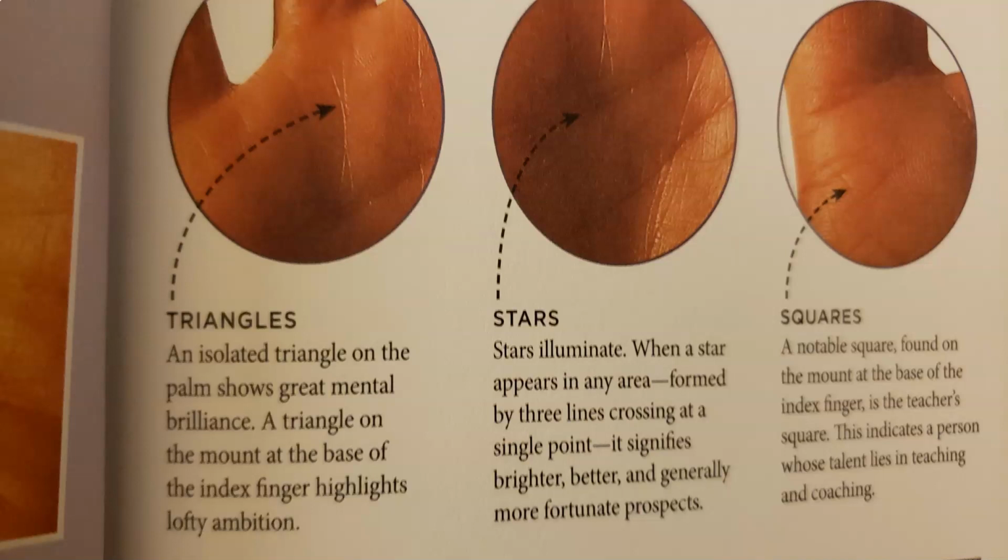All right, let's find out more about some of the symbols. As you can see, an isolated triangle on the palm shows great mental brilliance. A lot of people that are good communicators might find this under the Apollo mount. People that have mathematical abilities, or who should be in a tutor or teacher career, might have this under